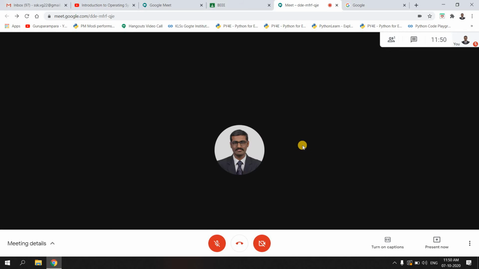Okay, if I want to stop sharing, I'll click on stop sharing. So the screen will stop sharing. Currently I have muted myself. The camera is also off. So this is how I can share my screen. Once I share my screen, I can open any document and display it on the screen. So I'm going to cut the call now.